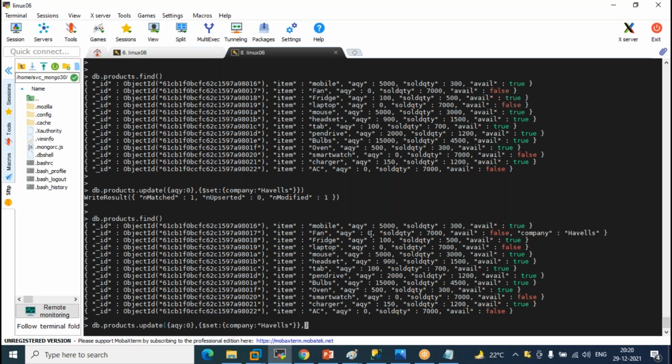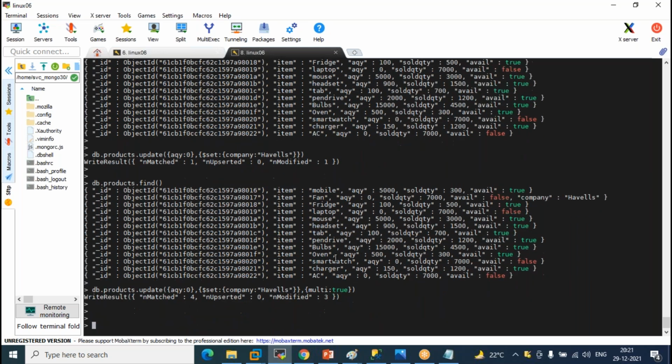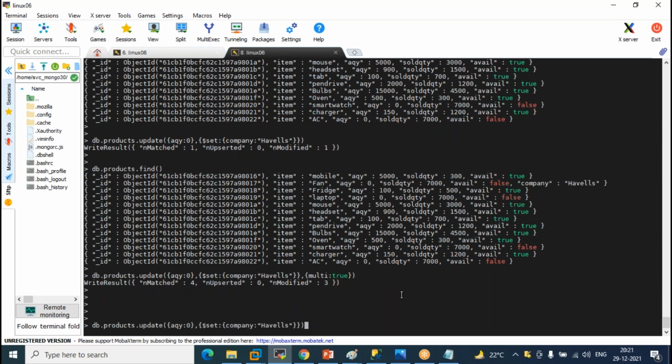Multi true, I must do it, so that it goes and updates everywhere as a company. As a Havels. So now 4 matched, 1, 3 modified. If I go and do this one,